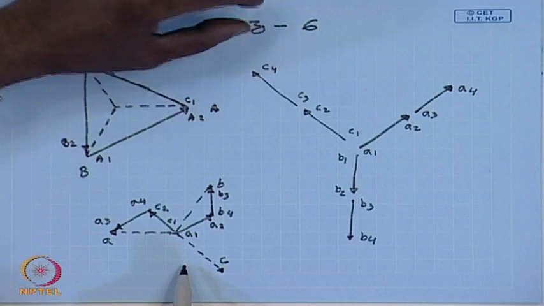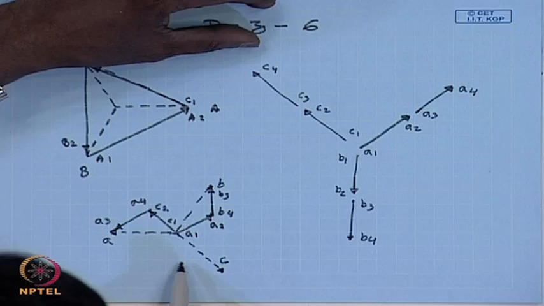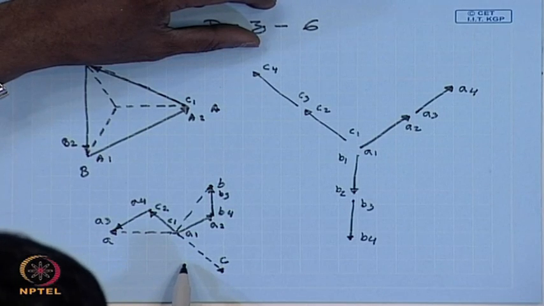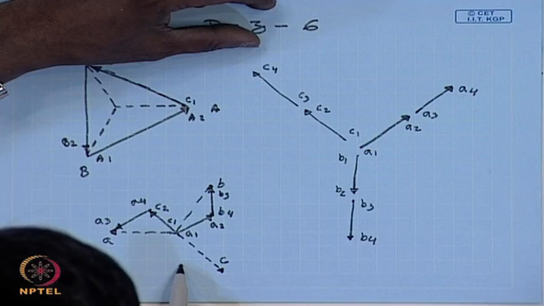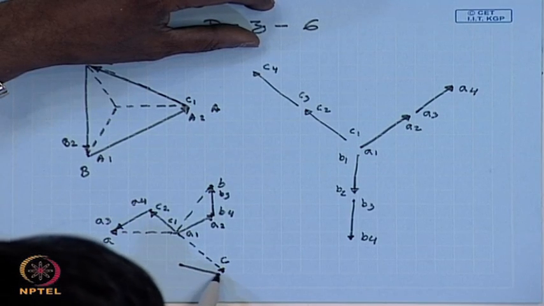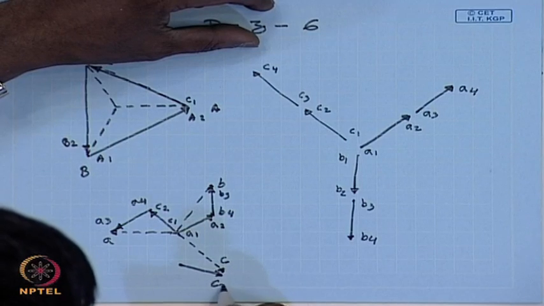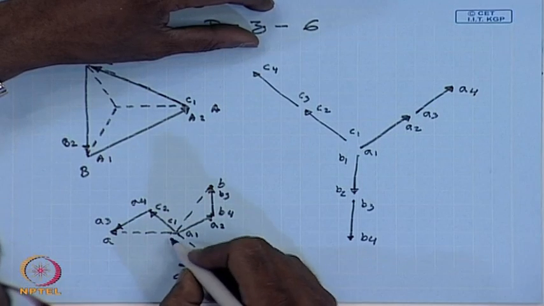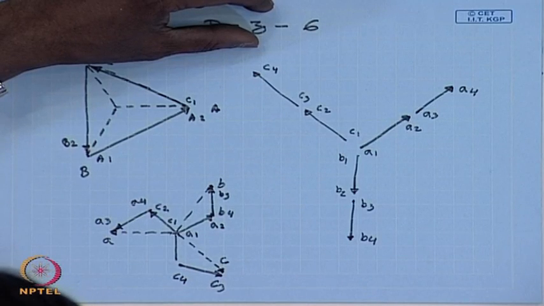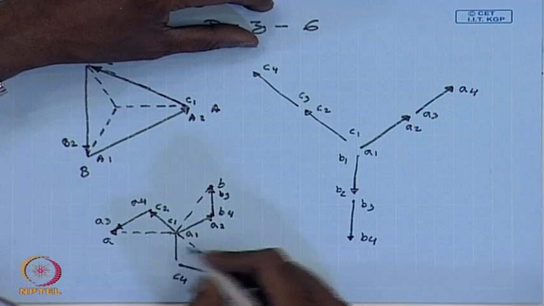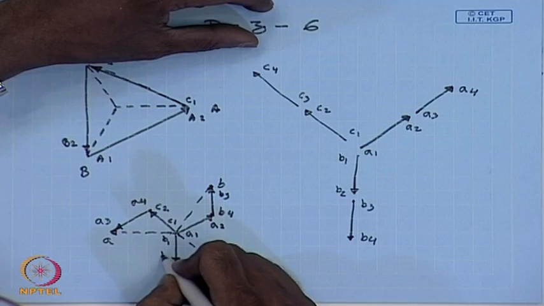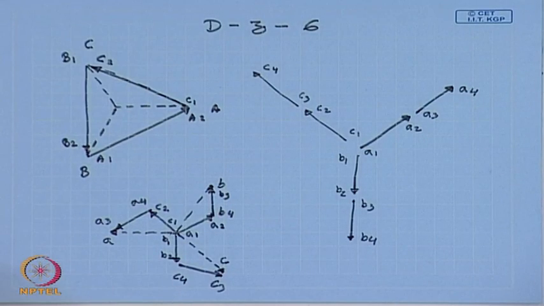This should be formed with C3, C4, and this should be formed with B1, B2. Hence, the winding connection wise,